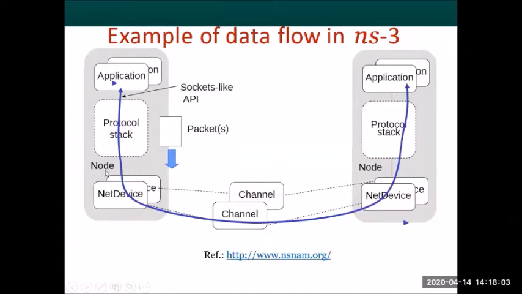So what all does the node contain? It contains a NIC card or net device. It contains the whole protocol stack. In the protocol stack, you will have the MAC layer, the IP layer or the network layer, then the TCP layer, and on that our applications will be written. So this whole thing will be put onto that empty box or a node.